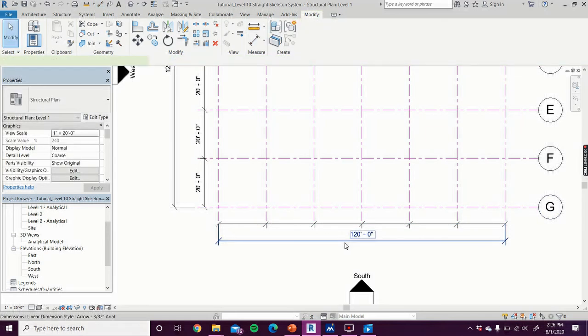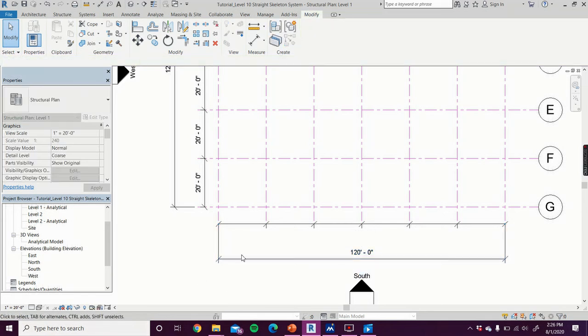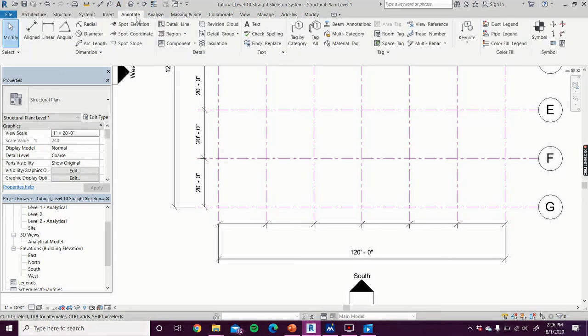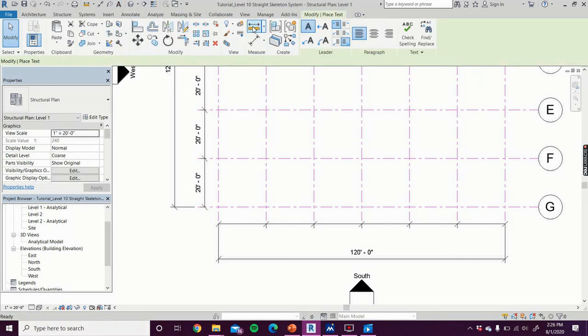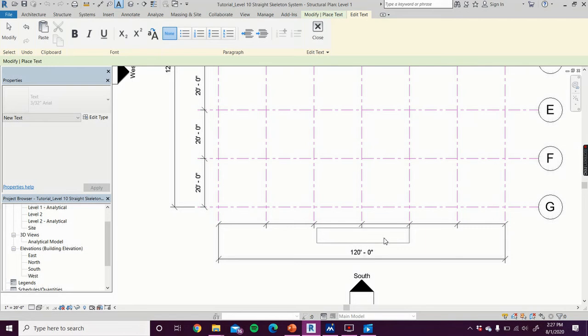And now I have everything. I'm gonna move this a little bit. And next, once you have that, is just adding a text box. So you can do that. There, you can go to annotate, text. I wanna say I want it here, 6 spaces. So I'm just gonna type